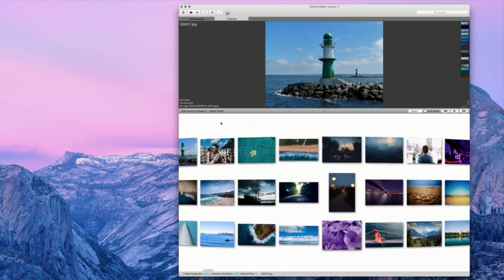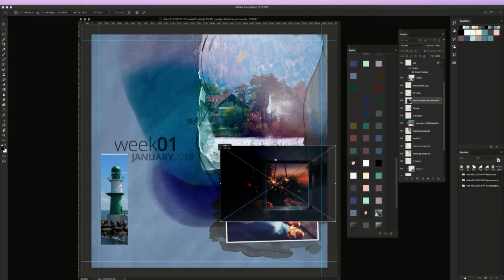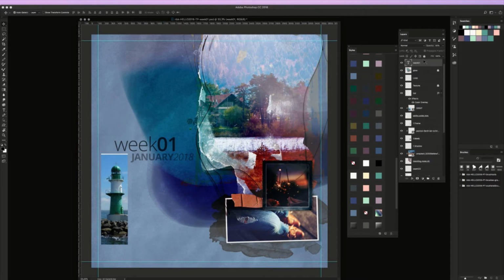And another one here, we have what kind of image we like to add. Maybe that one. A little bit of sparkle. And we're going to size it down. And we clip on it. And then we are ready with the images already. So the text, our first week, and then